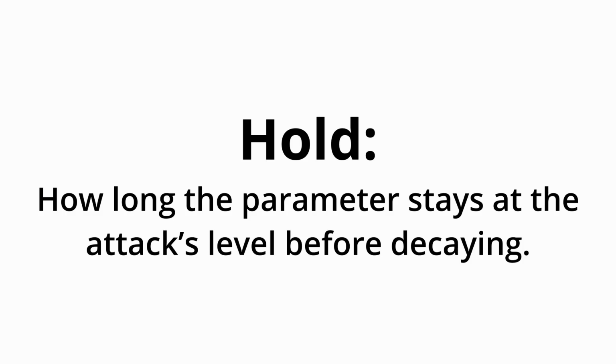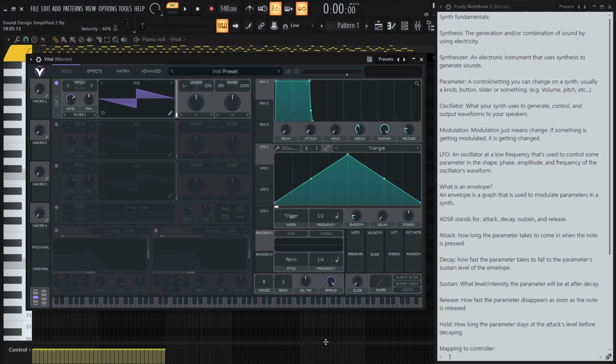Hold is just how long the parameter stays at the attack level before decaying. So for example, I can use the hold knob to extend the amount of time it takes for the signal to hit the decay section. So let's bring the sustain down. So right now the hold is at 0, so the decay will happen instantly. But if I extend it,